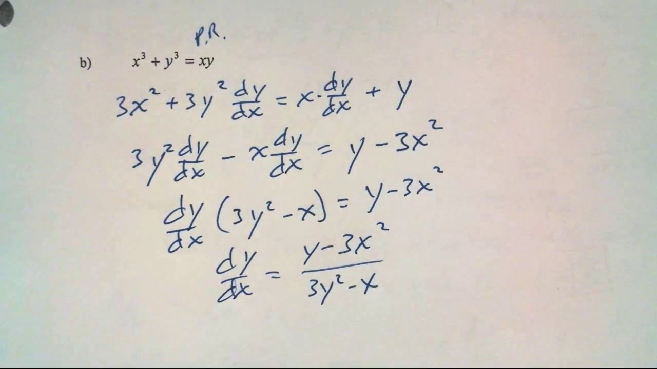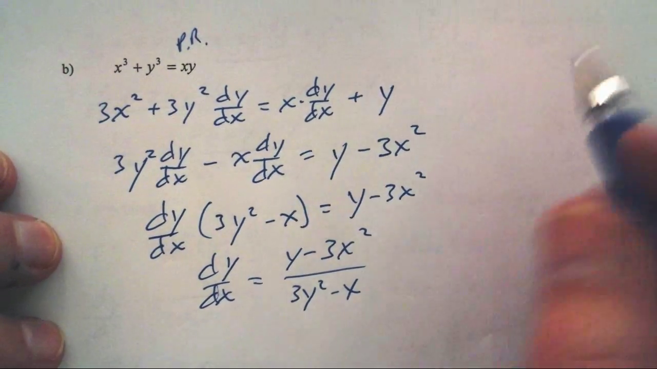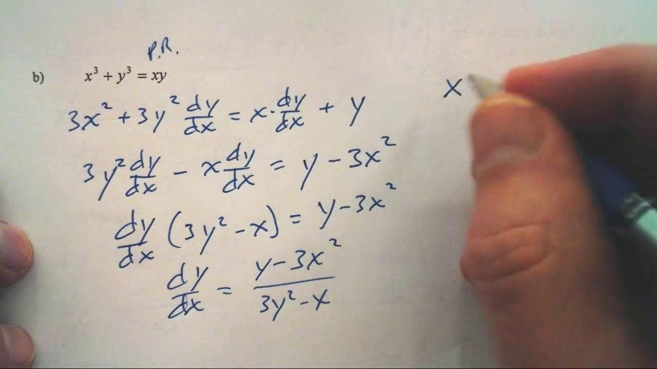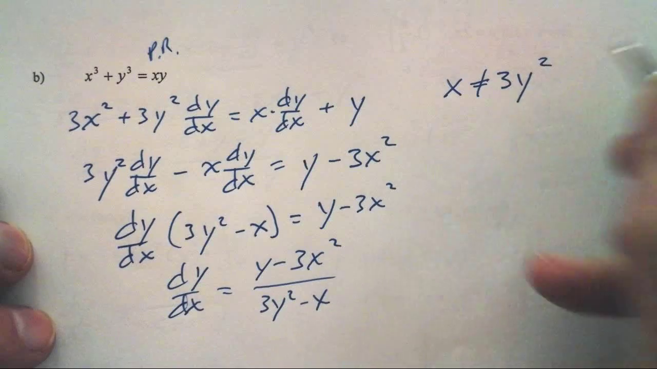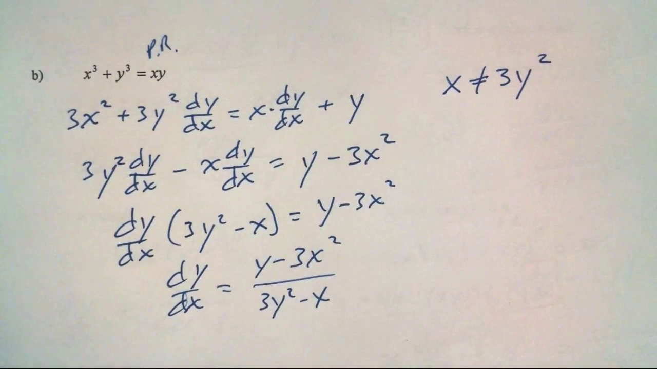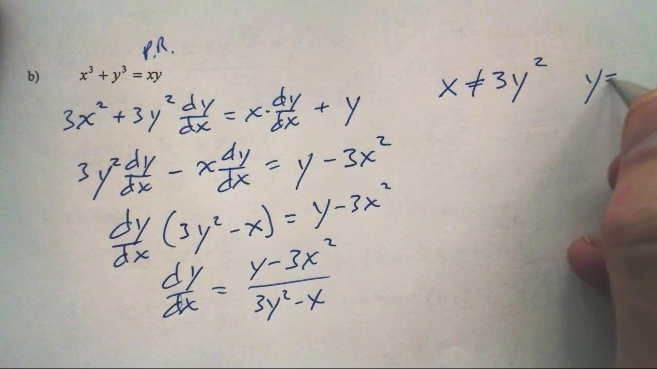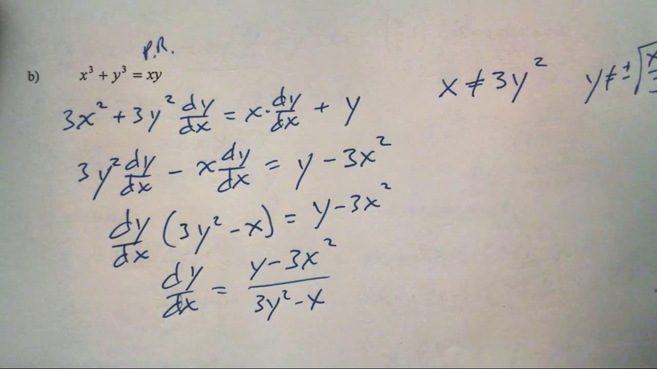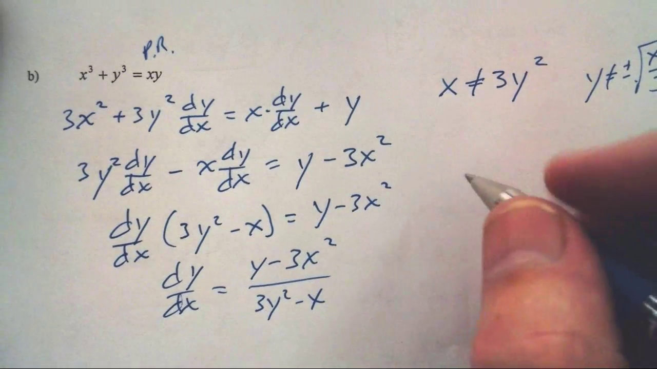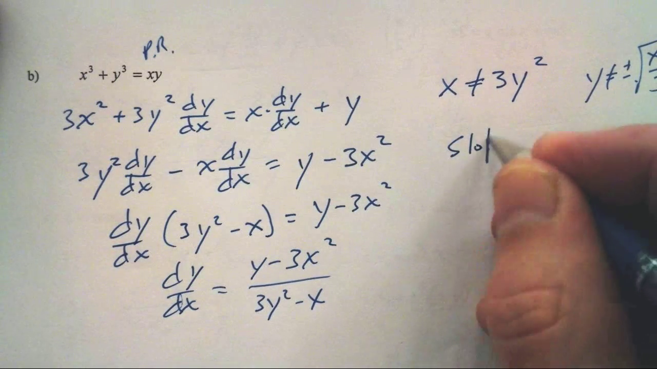I hope you tried that on your own. Hope you had some success with that. So what do we know? We know that the slope is defined provided x does not equal 3y squared. If we solve that for y, we could say y cannot equal plus or minus the square root of x over 3. So we would say the slope,